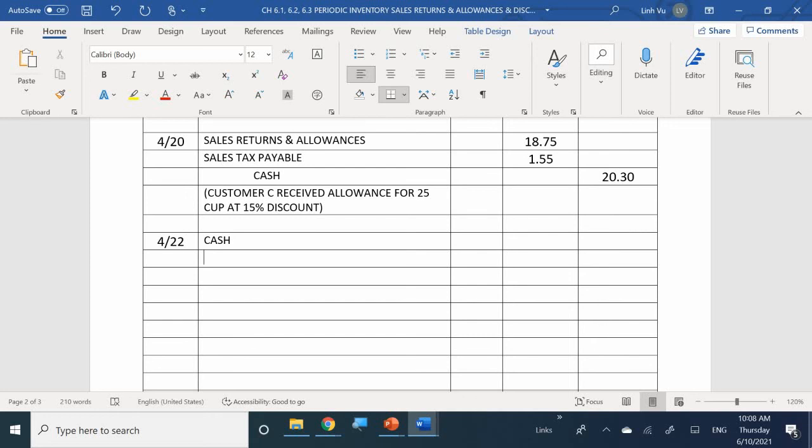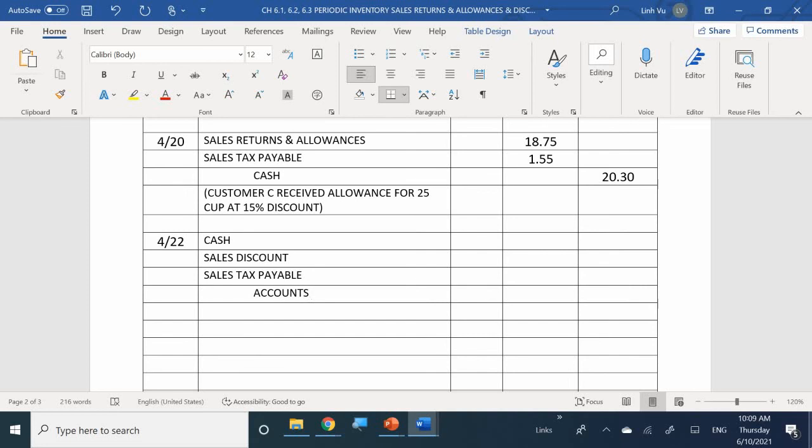We're also going to be giving back some sales tax. What else? Discount. We've got to also record the discount, because they get the 10% discount. What else? We're going to credit accounts receivable, the total amount that